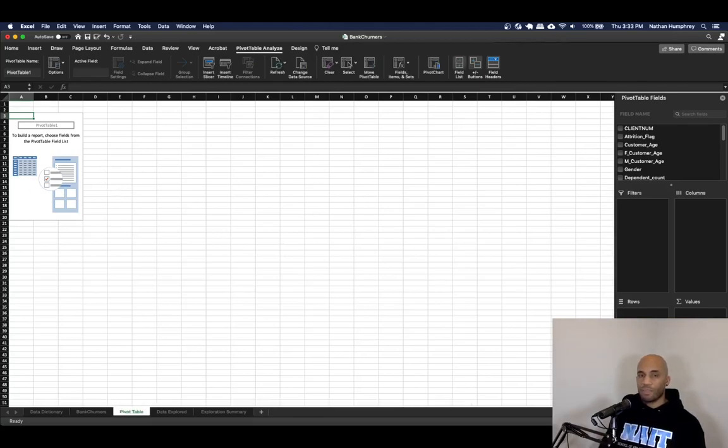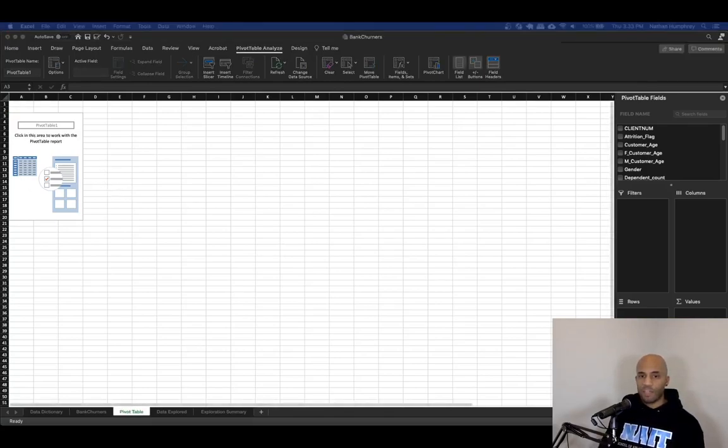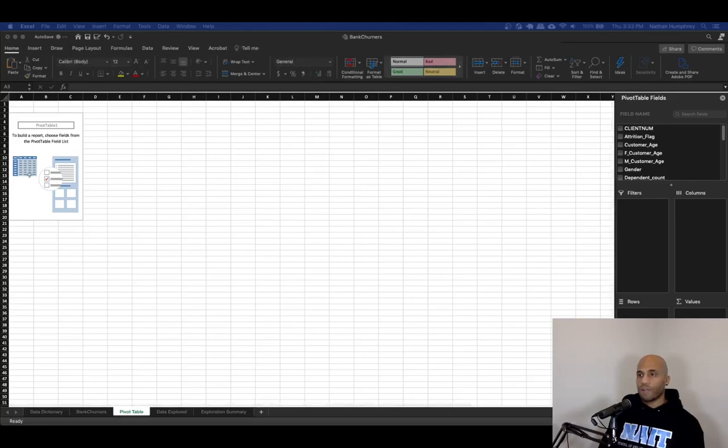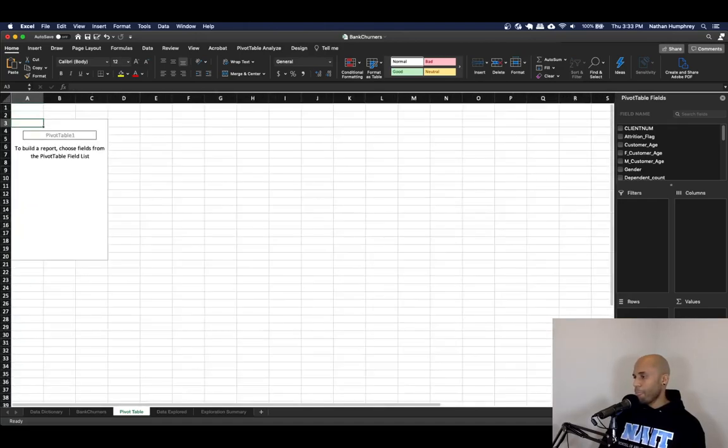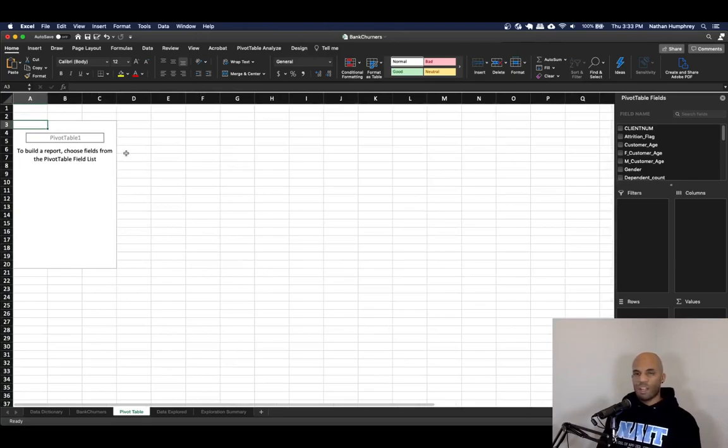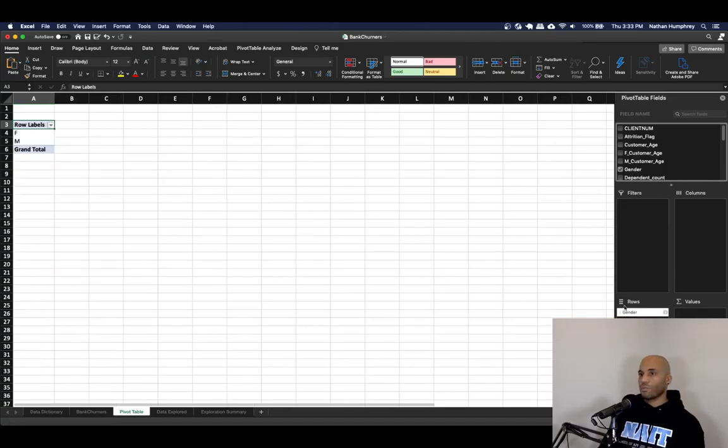And so now we can build a pivot table up that could be useful for, again, finding some of these things. So let's add some stuff to this. We've got our fields. I'm going to zoom in a little bit, and we can see how this goes. Again, I'm not going to do an exhaustive exploration, but I'll show you a couple of things we can do with this. So what are we interested in here? Well, let's start with gender. I want my data in terms of rows of gender, and then I also want to sort by,